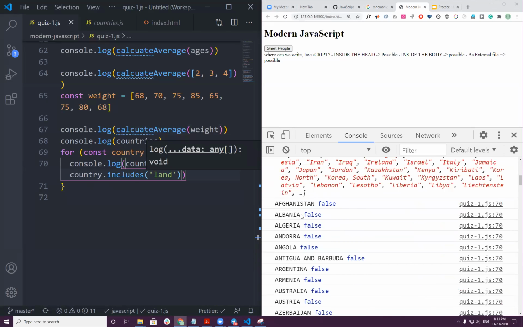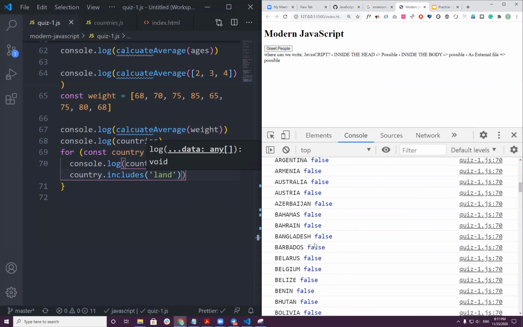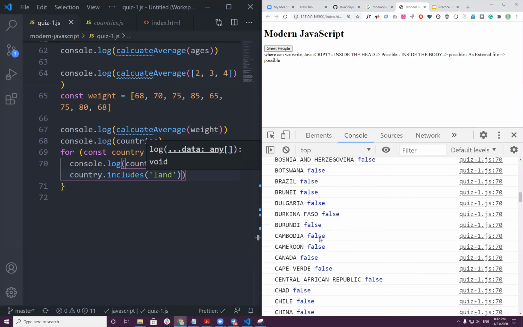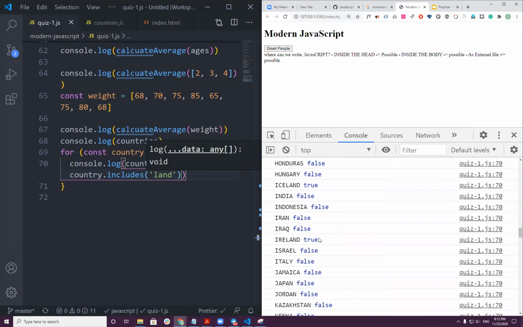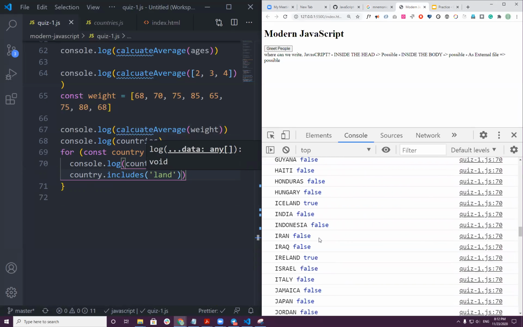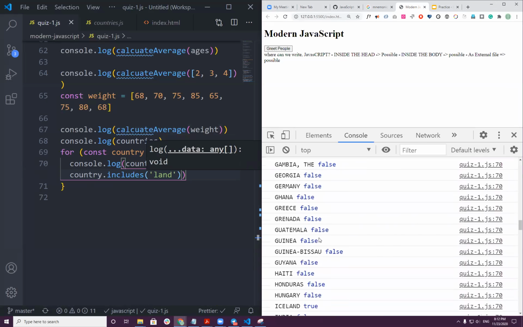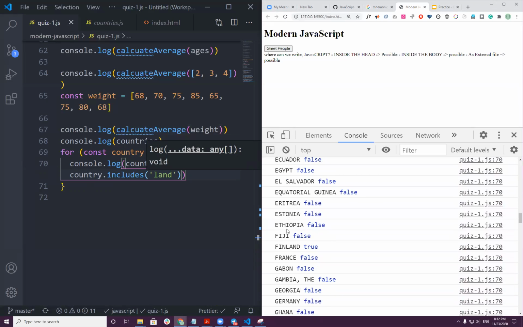Okay, so Afghanistan, Albania, false, false. When we reach Finland, it should have land. Where is Finland? Yes, we have to go to F, right? Finland. Yes, true. Have you seen it? Finland got land, as you can see, and this expression is true.